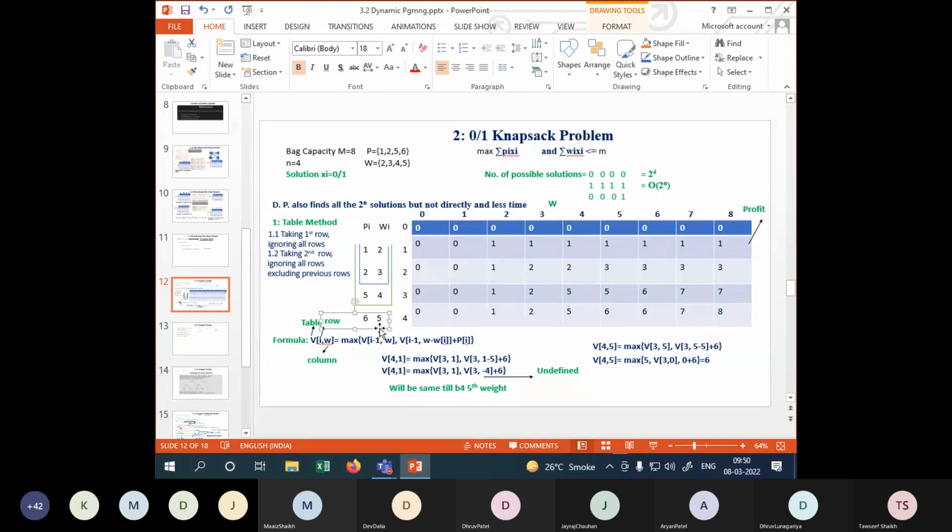इसको ऐड कर सकते हैं और इसका प्रॉफिट हमें कितना मिलता है 6। अब वेट दिया गया है बैग का 6, बट चूंकि इसका 5 है और यहाँ पे कोई आइटम नहीं है जिसका वेट 1 है ताकि 6 हो जाएगा टोटल। तो अगेन आई कुड बी एबल टू ऐड ओनली दिस आइटम विद अ प्रॉफिट ऑफ 6। सो देन वेट मेरा दिया गया है 7।